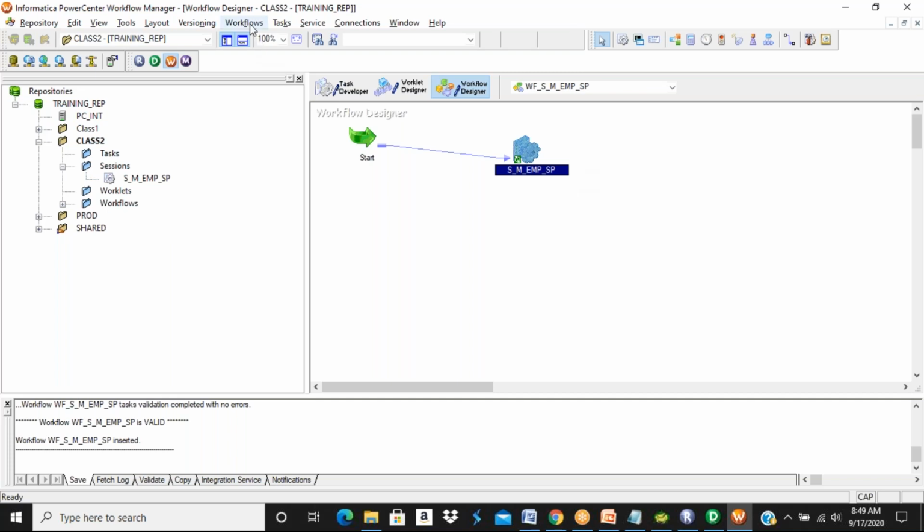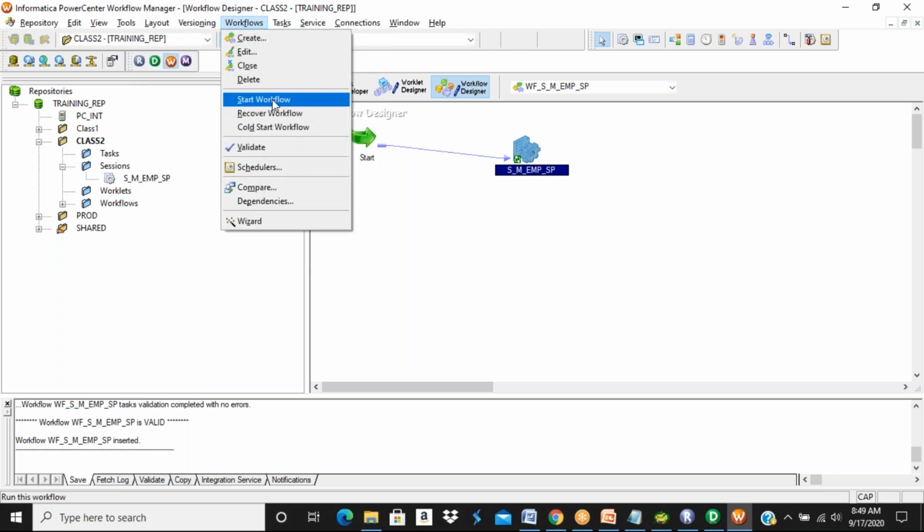So click on workflow, click on start workflow. What is going to happen in the backend? As soon as I click on start workflow, the integration service connects to the repository service. The repository service connects to the repository database using repository service processes, which check all the validation.